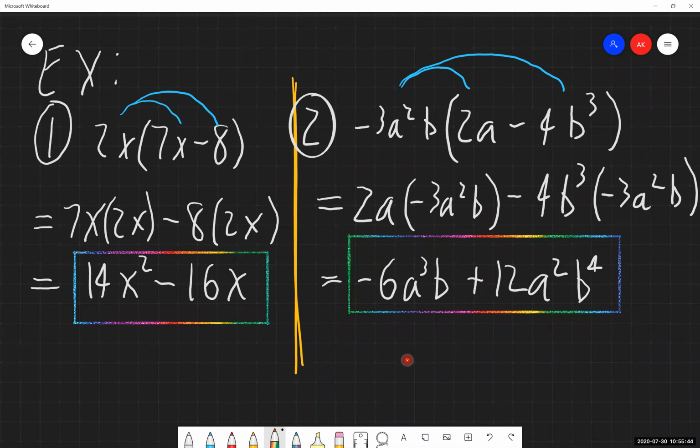So a big part of this section, if it's not apparent now, it will be with our second set of examples. A big part of this section is taking everything that we're working with and breaking it down to just do it in parts. If you try and do all of it at once, it's going to make life significantly more difficult for you. At least that's what I have tended to find for a lot of people when they go through this section. So this part are two examples here with multiplying monomials together. We'll jump back to our notes and take a look at multiplying larger polynomials together.